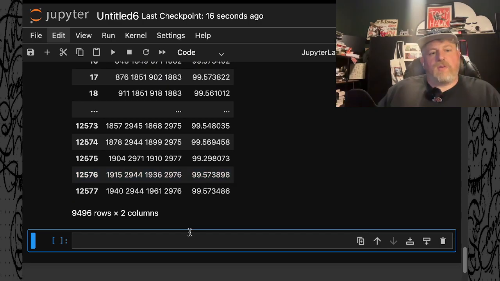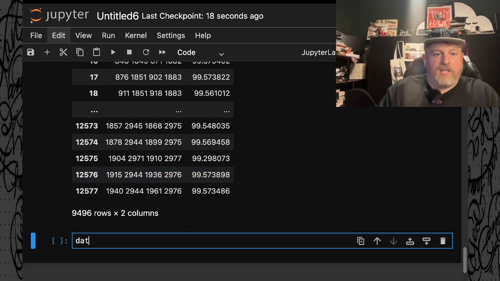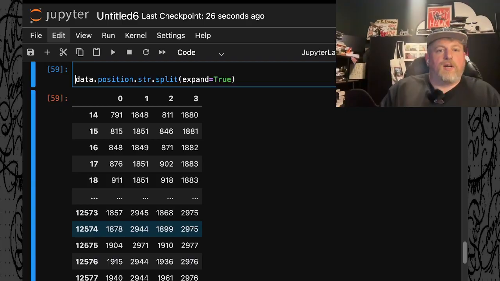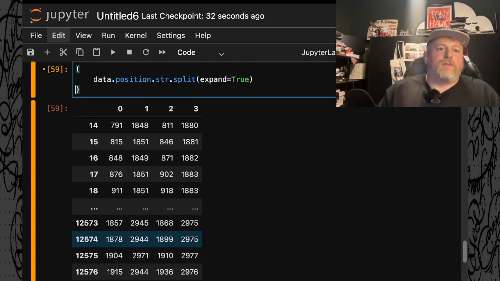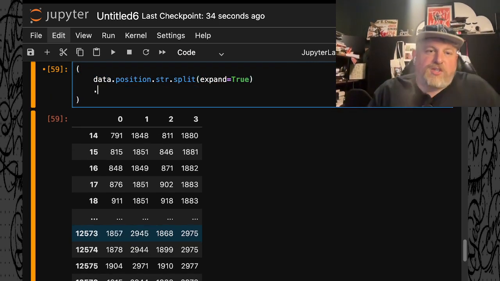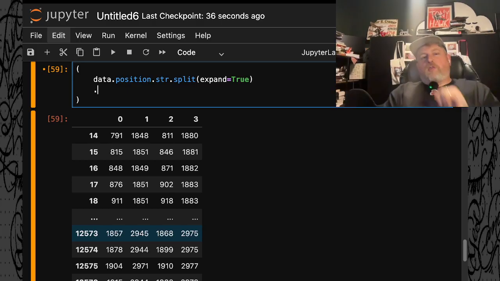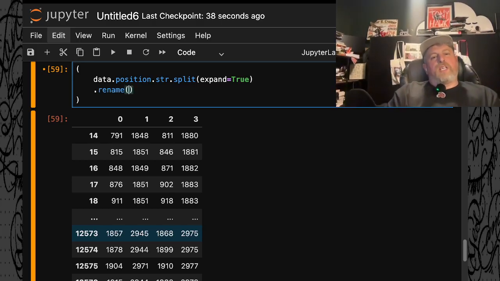Okay, so now with this data, we can take the data dot position, string dot split, all of that, and expand equals true. And then we can rename. It's almost like you're starting with a Lisp dialect when you're doing this. So now we're going to do dict zip